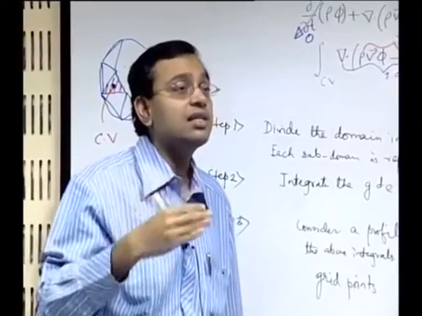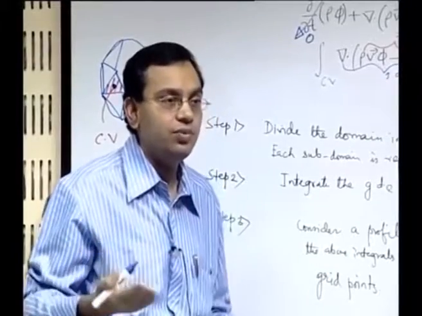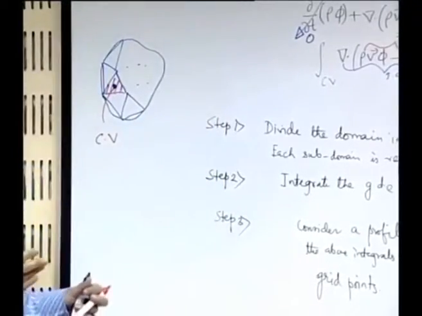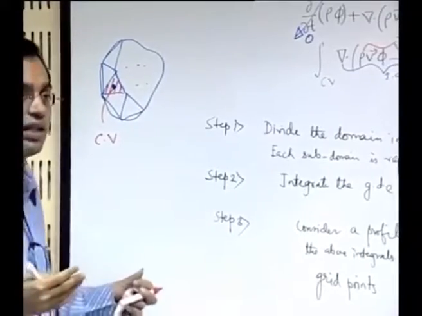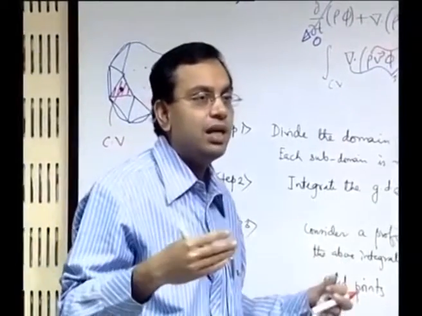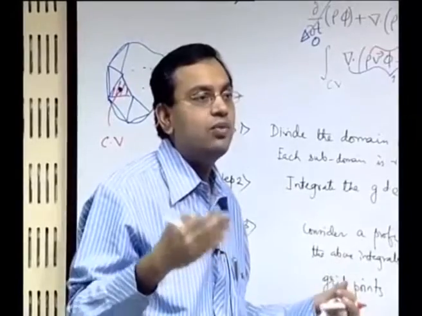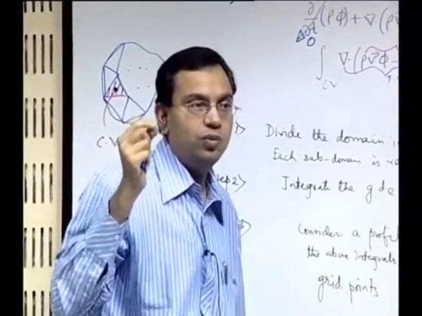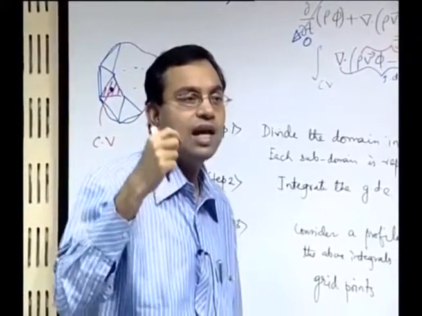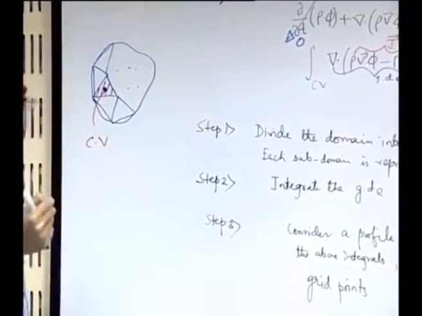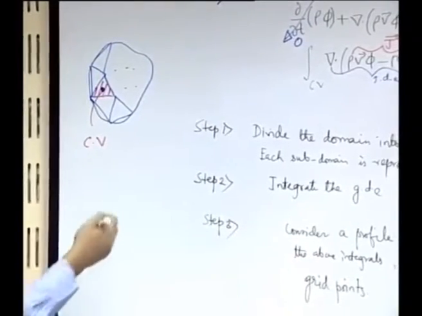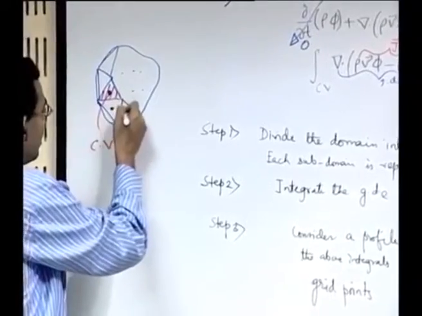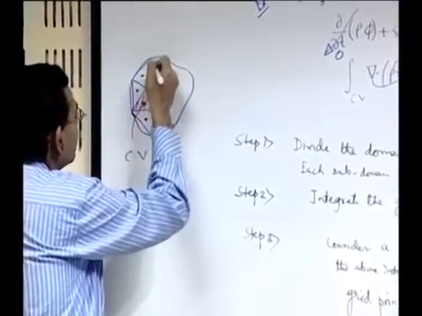Again, this is not a necessity, it is just a matter of convention, and it is a convention because it is mathematically much easier to handle the centroid of a volume element where you know exactly where it is located. It is well defined and standardized. So you can consider the grid points of different control volumes in this way.